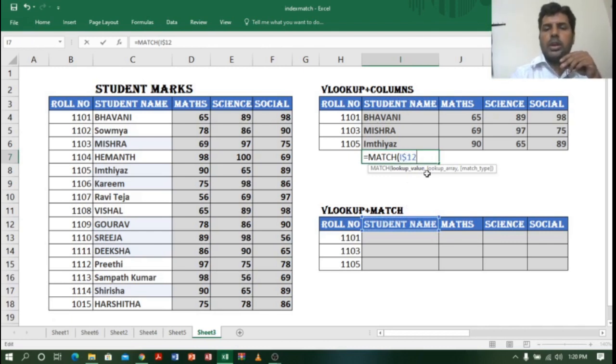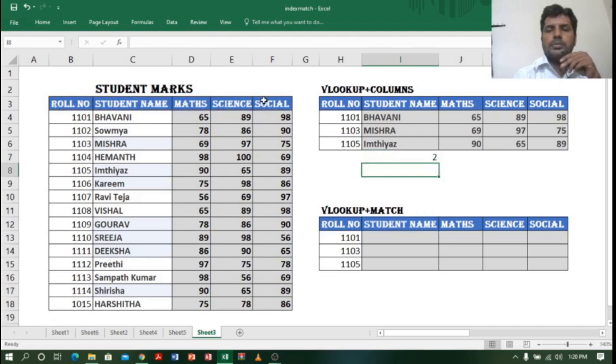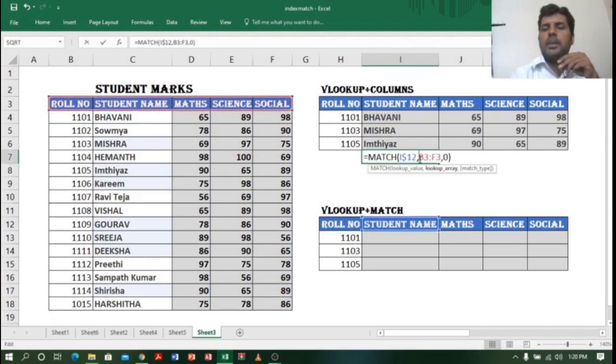Okay, right, comma. Now what is the match I want, so where I have to match, here, whole row, starting row. Okay, so comma. Now I will select the exact match, close bracket, enter. Nice, just like column I got the same answer. So let me fix the column by using function F4, enter. Now let me drag this.